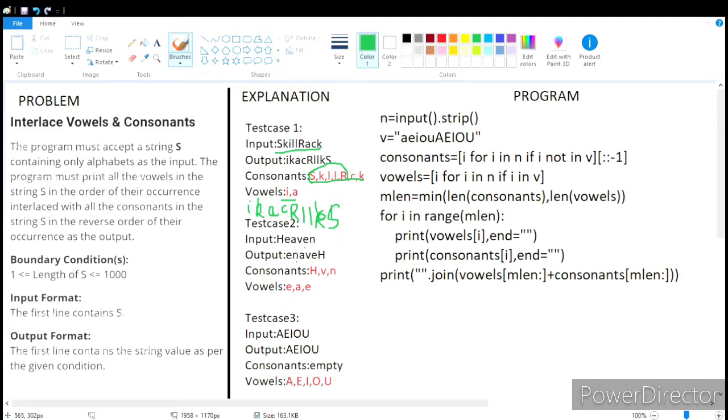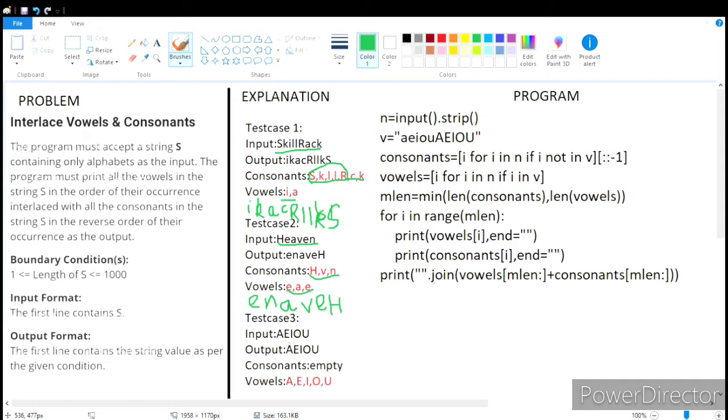In the next test case, the input is heaven. Here the consonants are H, V, N and the vowels are E, A, E. So here first the vowel occurrence is E, then the reverse order of consonants, so it is N, then again vowel A, then consonant V, then the vowel E, then the consonant H. This is the output.